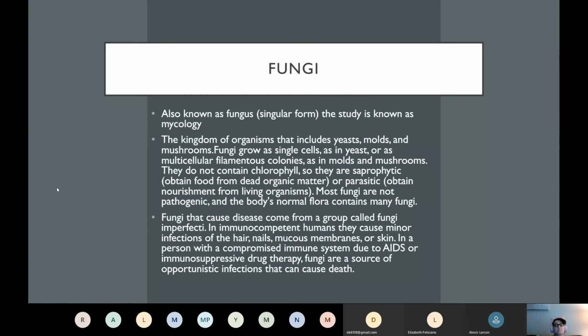And then next thing we're going to speak about is fungi. Okay? And yes, he's a fun guy, but the singular form is a fungus. But the study itself, when somebody studies funguses, this would be the study of mycology. And say you became a doctor of mycology, you would be a mycologist. That means you specialize in fungus. And fungus, believe it or not,